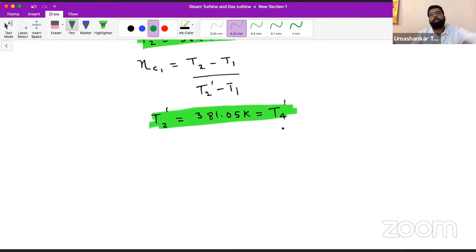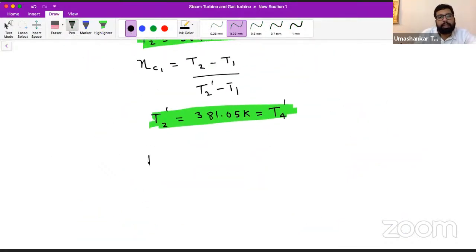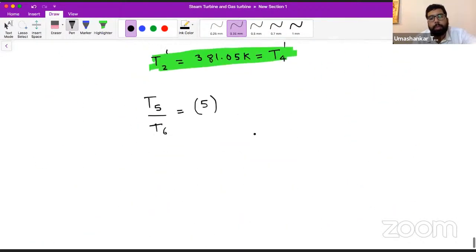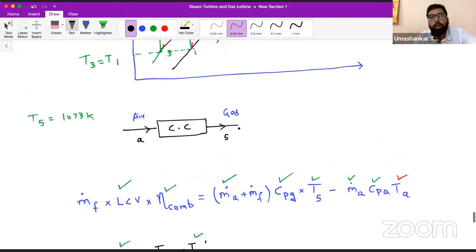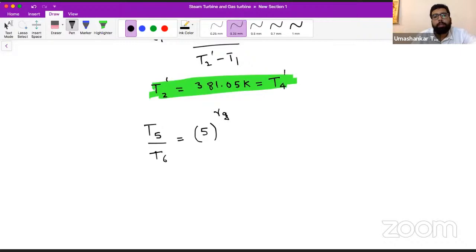So now can we say like this, that T5 by T6 is 5 to the power... Now see, I am going from 5 to 6. So firstly, the highest pressure ratio is applicable because you are going from the topmost pressure to the bottommost pressure. So this is going to be 5. And what are you going to use here? You are going to use the value of gamma G here, because as I have told you